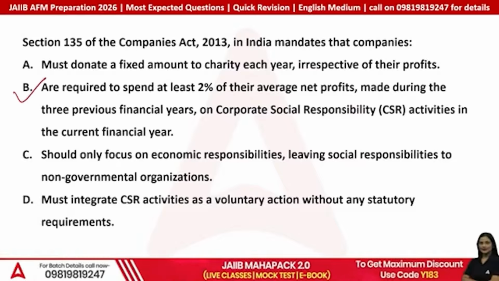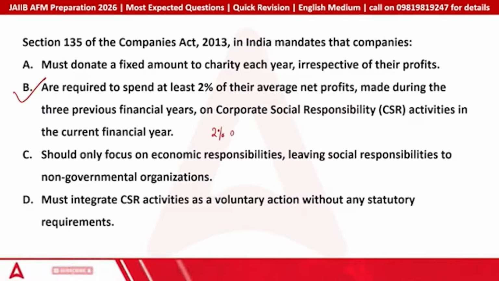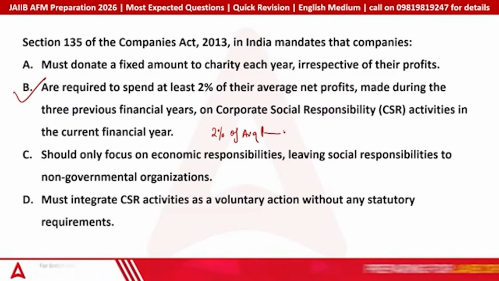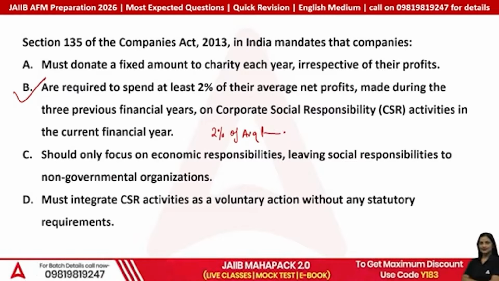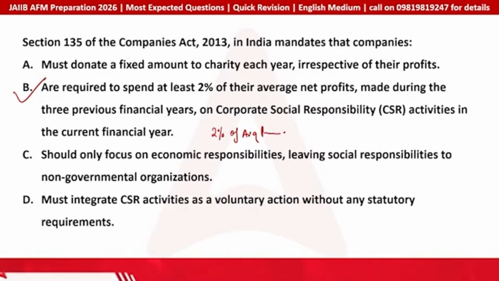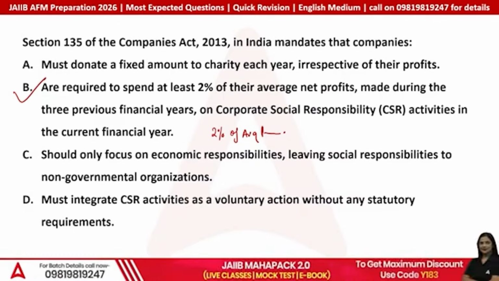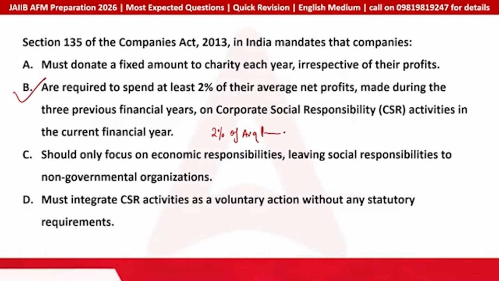And corporate social responsibility says that a company is required to pay 2% of their average profit of last 3 years for social responsibilities, right? Like donations or helping senior citizens, setting up a different kind of charitable work for them, right? So these are all covered in your